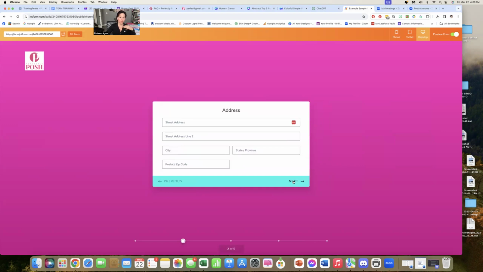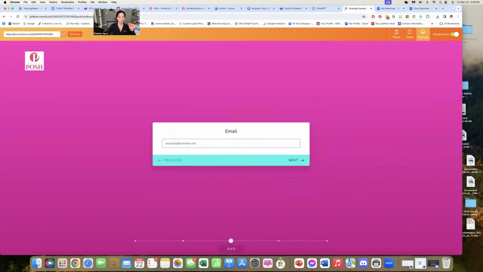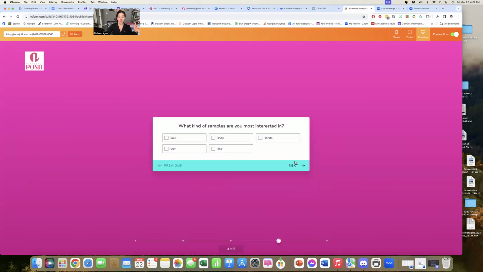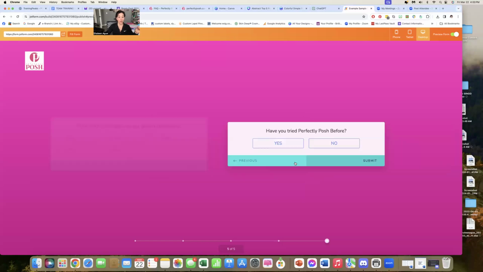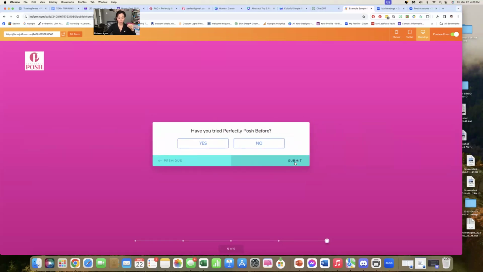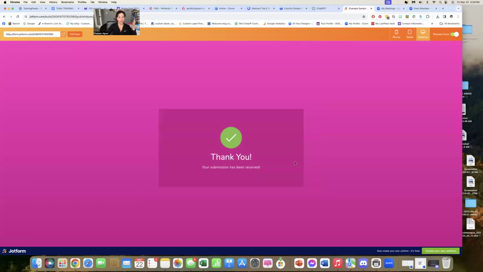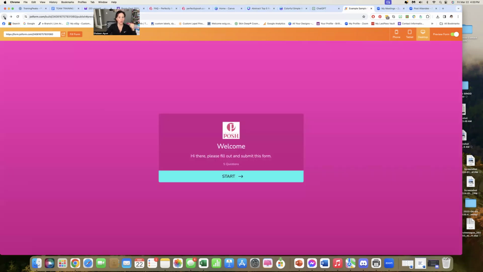I mean, you can get really, really pretty with this, and you can do super, super basic. I kind of went through it super fast to keep this short, but there you go. That's a sample JotForm. Now, what I will share with you and show you real fast is also, let's get out of the preview